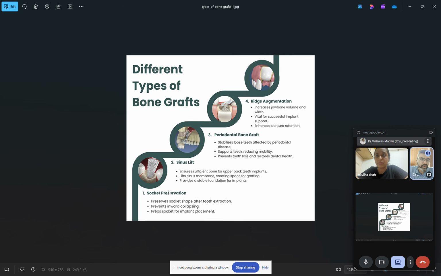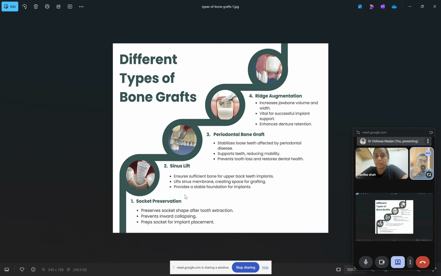Okay. So where all do we use the bone grafts? Why do we use bone graft? Because the bone there is not good where we want to place a standard diameter or a standard length implant. Standard length and diameter implant we have already covered in the last Sunday presentation, at least this much implant should go. So if you imagine you are placing an implant in the lower 4/6 and you don't have enough bone to support a 4 mm by 8 mm implant, if even that much will not go, by following all the implant